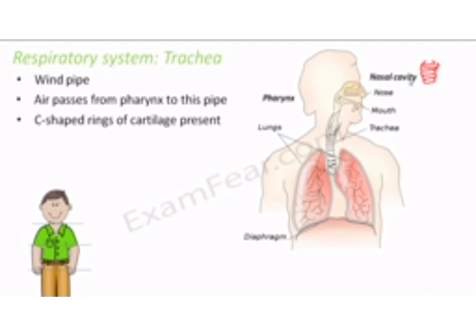So what is the purpose of this cartilage? It prevents collapsing of the trachea even if there is no air. Now suppose inside there is no air, the trachea is quite flexible. So there are chances that it can collapse down. It can shrink up. So in order to prevent that collapsing, these cartilages are present to give it some structural support. So what do these cartilages do? They prevent the trachea from collapsing when there is no air.